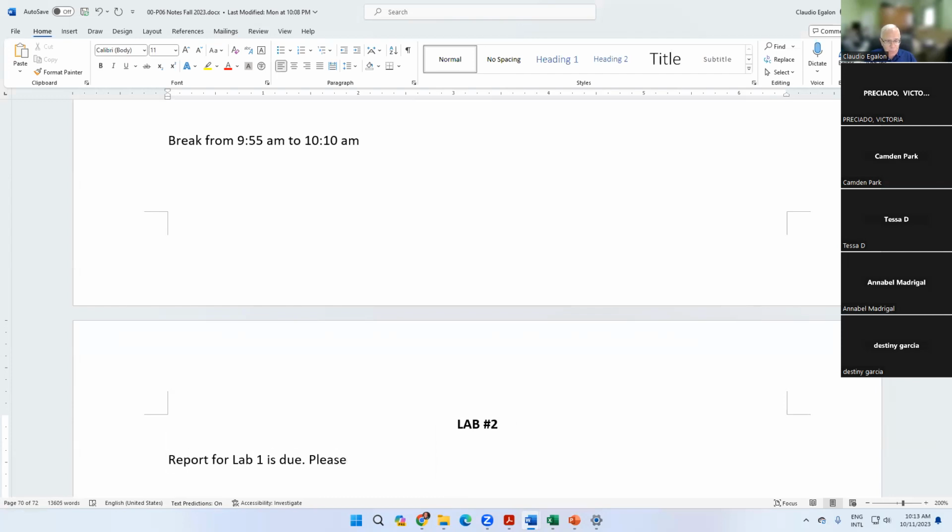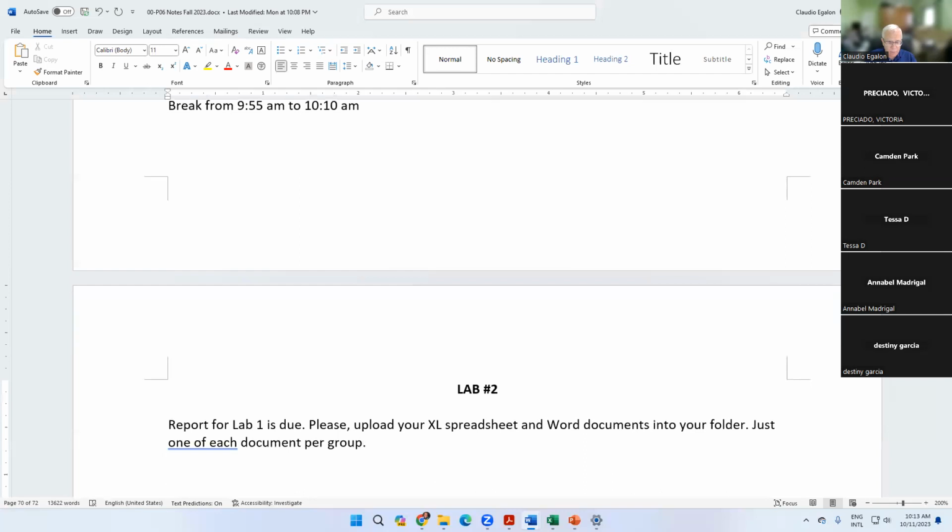Please upload your Excel spreadsheet and Word documents into your folder. Just one of each document per group, right? So the format for both documents is